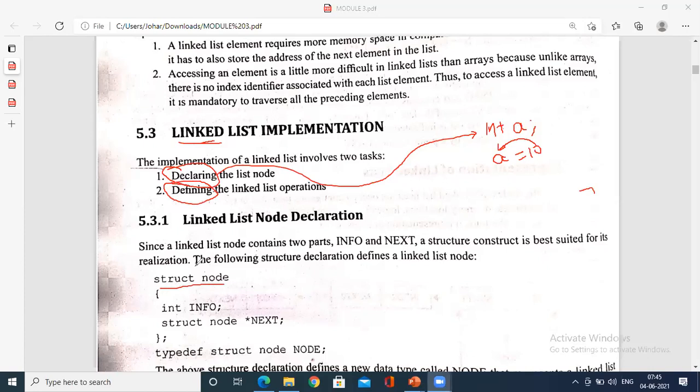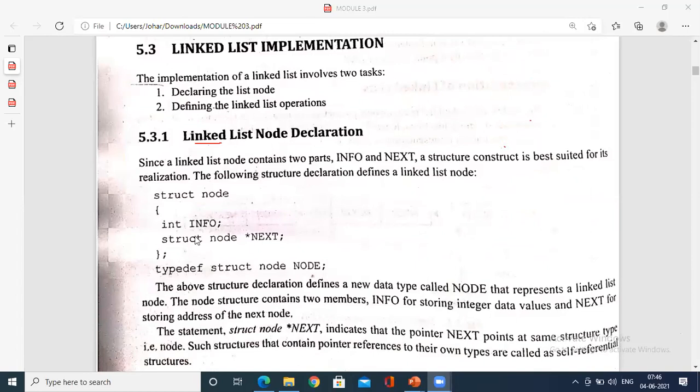Struct node is a declaration that you are going to use a node, always with the keyword struct node. Clear? Try to understand. This is the initial part. Later on you have the same concept of structures and the linked list all together. So struct node says that this is a declaration of the linked list.